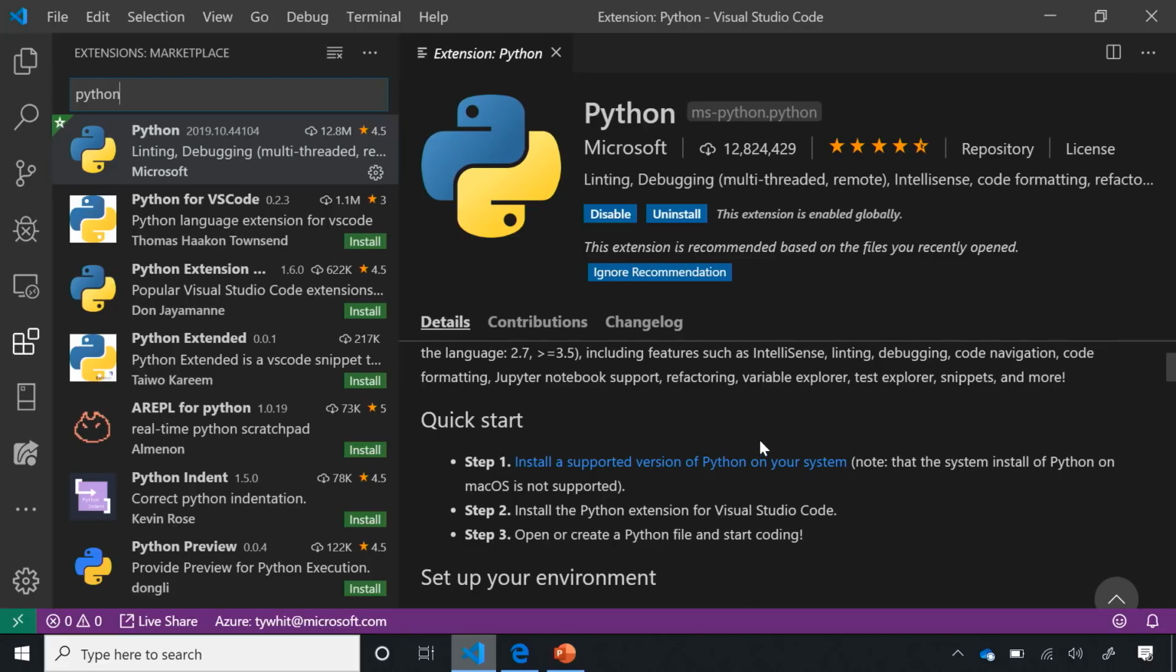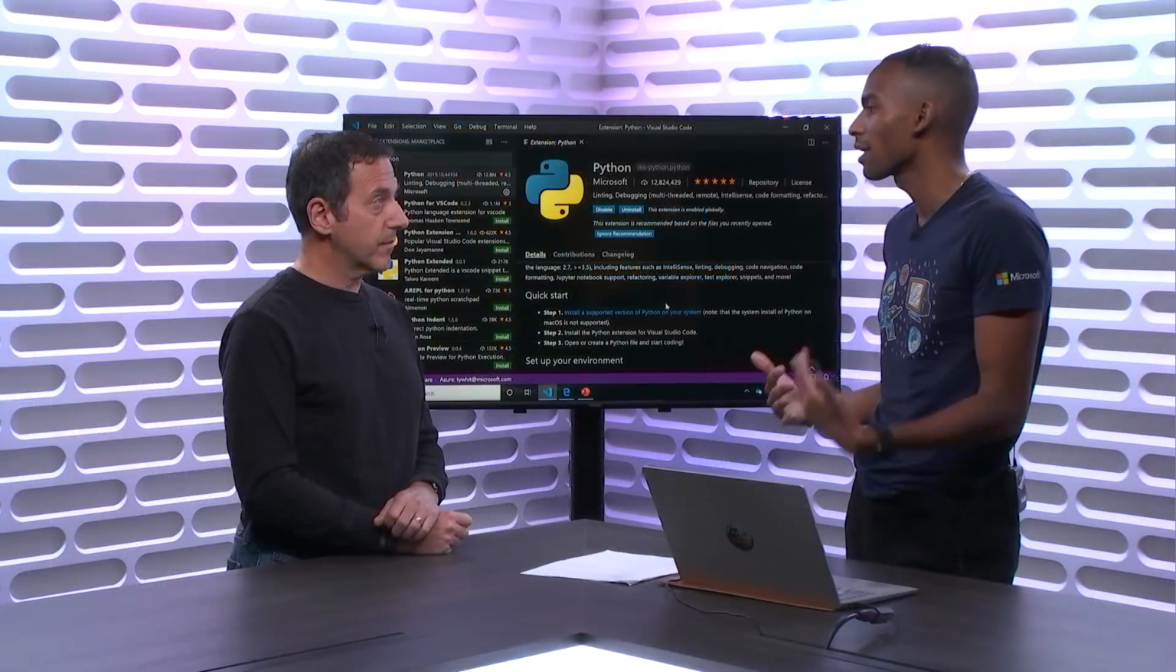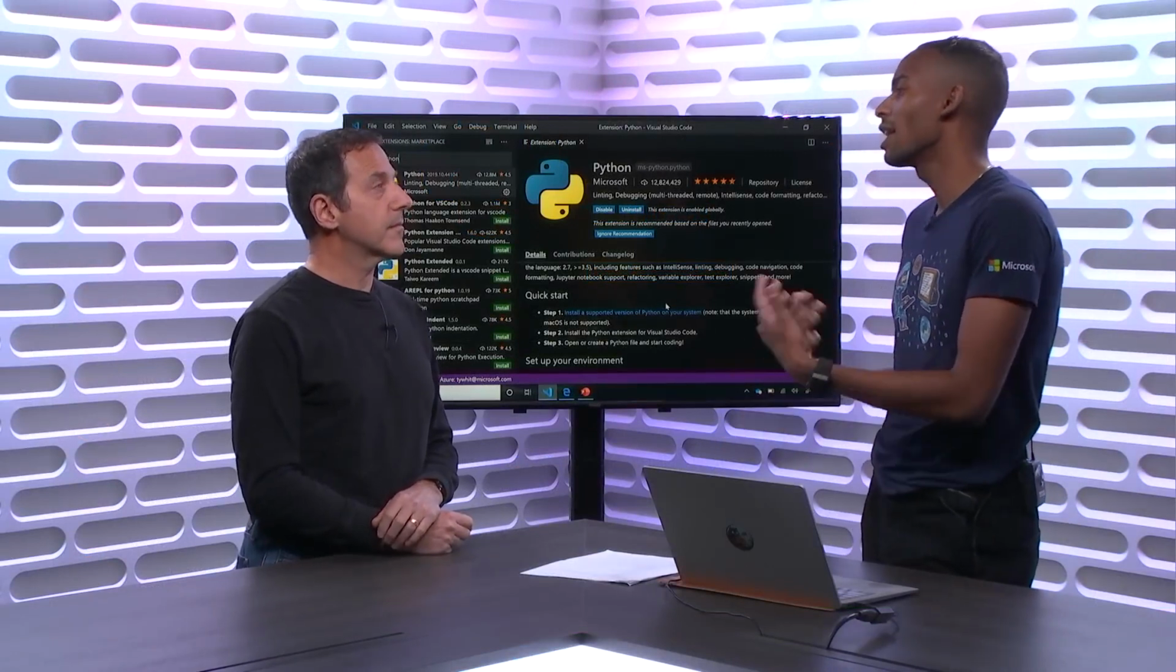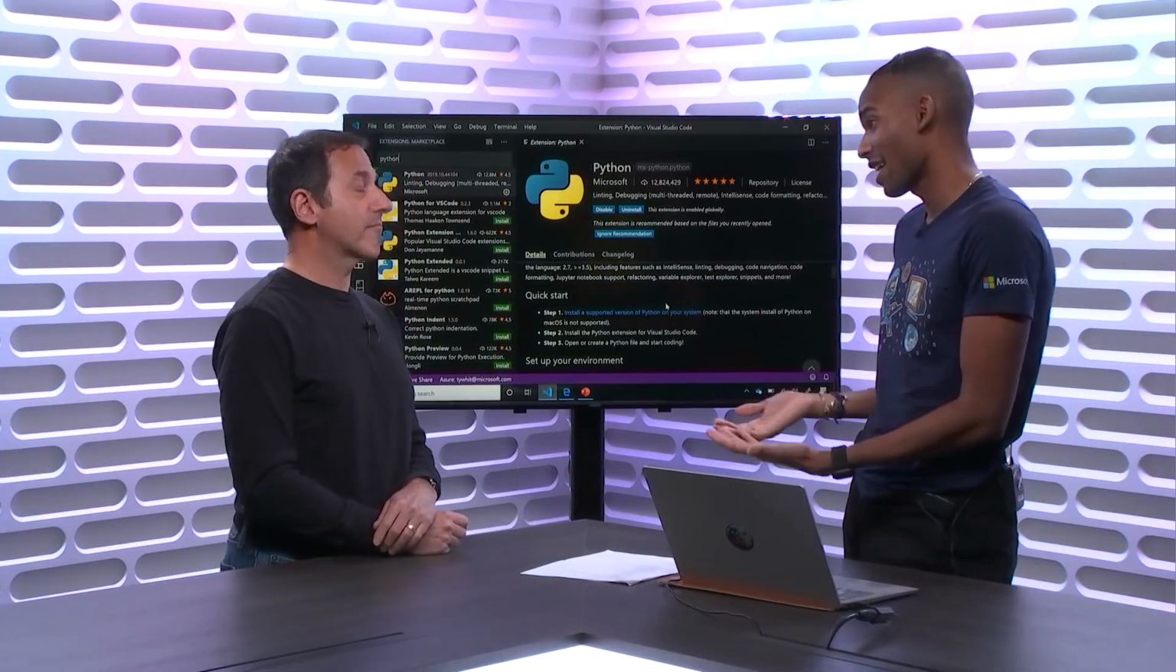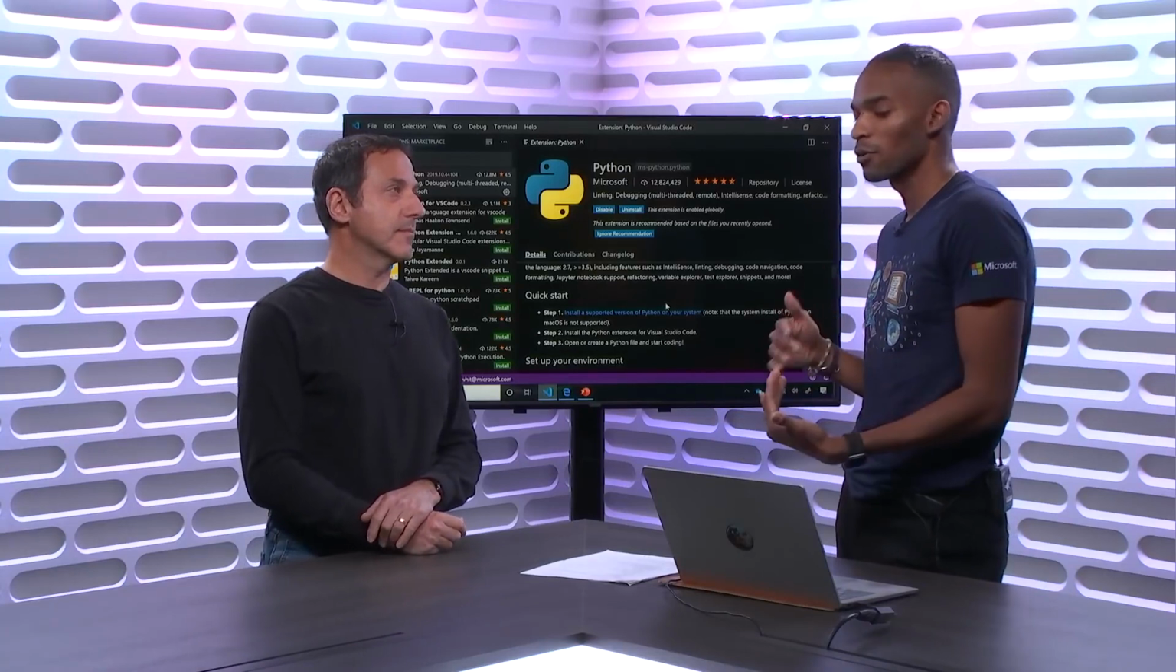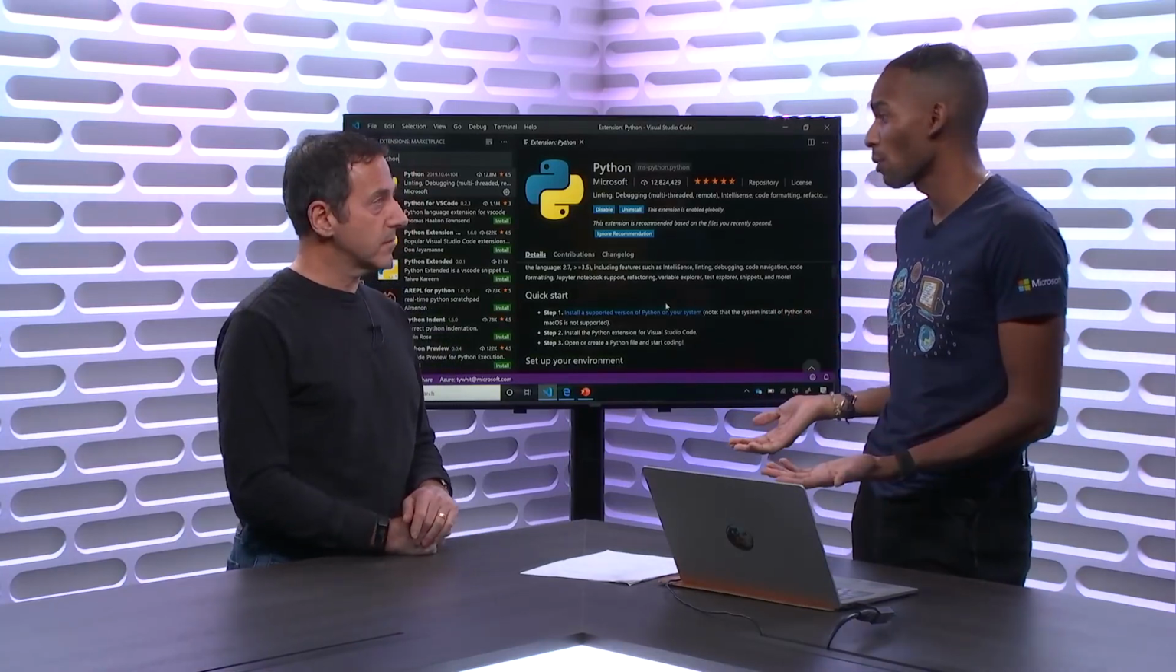Okay. And then the third thing you need is an installation of Python on your machine. One misconception we find is that some people often think that the Python extension for VS Code comes with Python, and it does not currently. And so one way to get around that is, depending on which OS you're on,